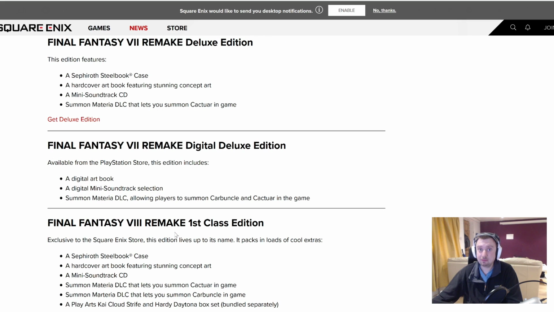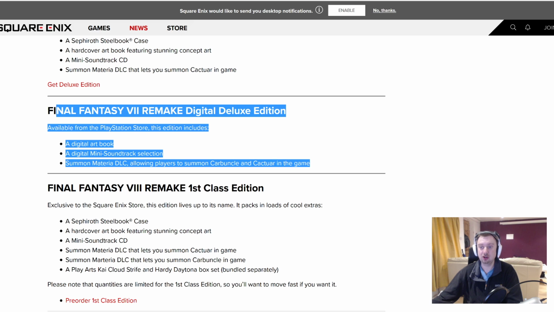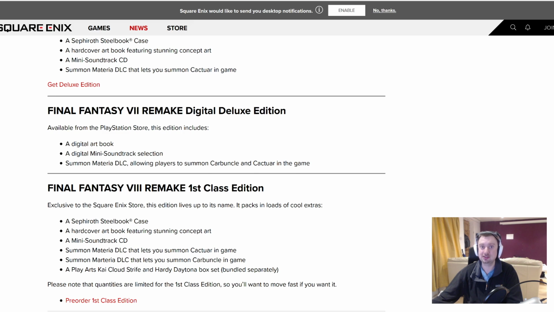Now, in my opinion, Square, because of this confusion, should do the right thing, which is putting the Carbuncle DLC in with the Physical Deluxe Edition. I don't know whether they're going to do that or not, but I think they should. But as it stands right now, if you want Carbuncle DLC, you have got to purchase the very expensive First Class Edition or the Digital Deluxe Edition, not the Physical Deluxe Edition,